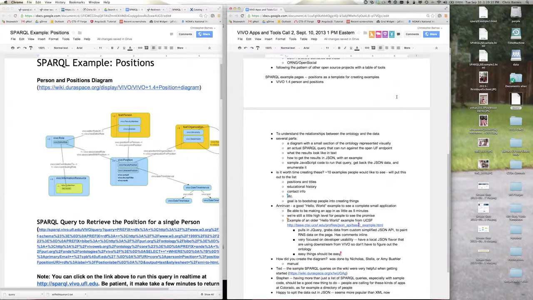We can get back a list of web pages, give them in the rank order that the person has listed them on their website, and also include their VIVO URL so that they can come back to get more data. So it's another similar kind of intermediate step that makes it easier on developers.